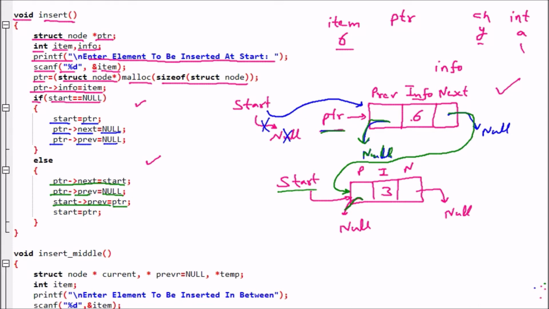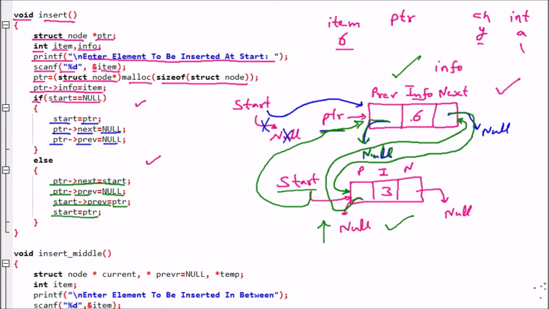So this is again modified, and it goes to ptr, and ptr is pointing to this node. Start is equal to ptr. Now start is modified to ptr. Now you can see that one node is successfully inserted. This node is inserted into this linked list at the beginning. So at this place the node is inserted. This is how the node is inserted at the beginning.